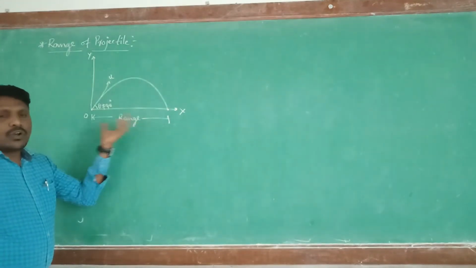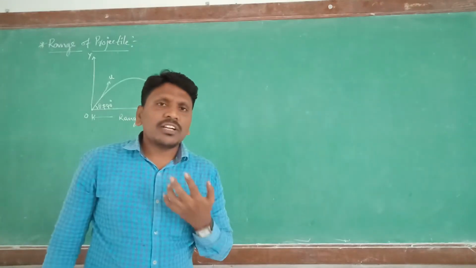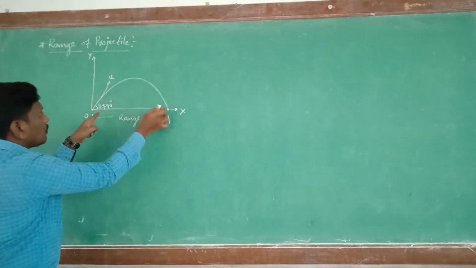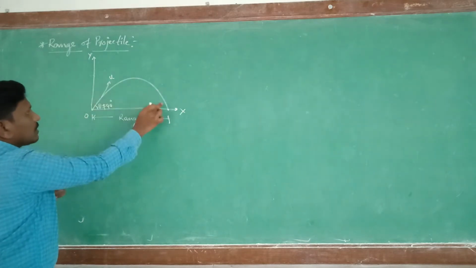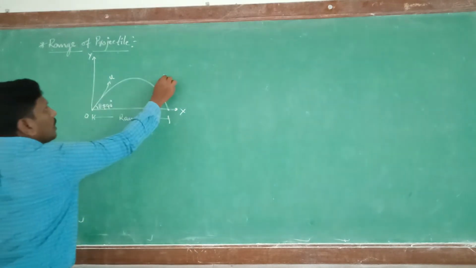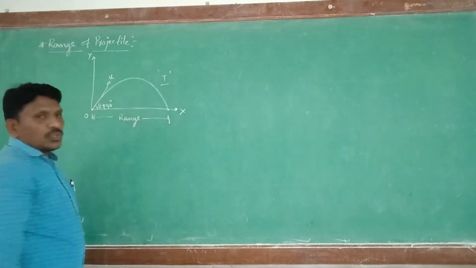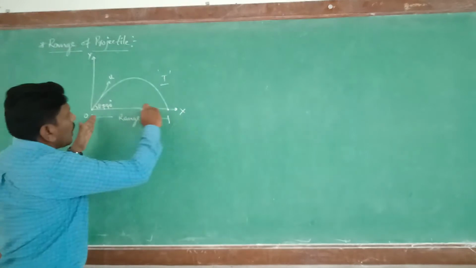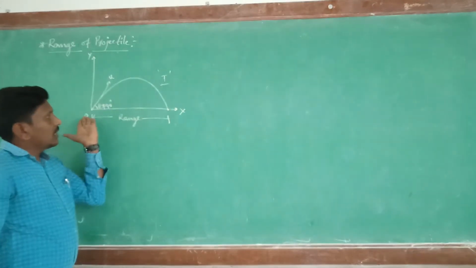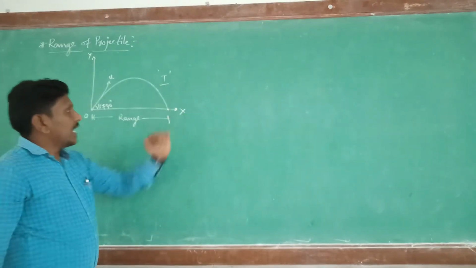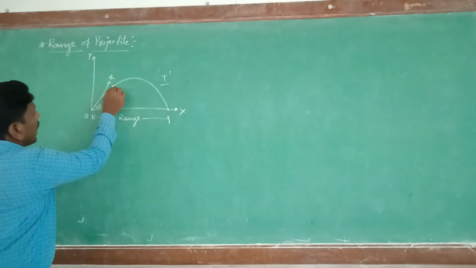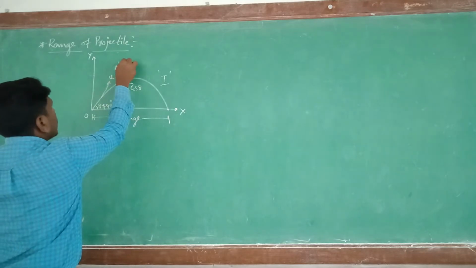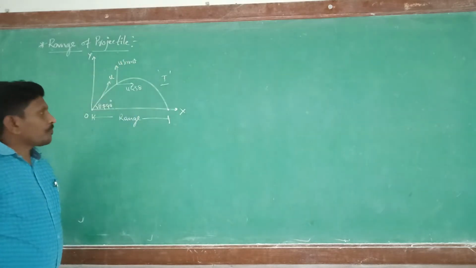This is the range. What is meant by range? What is the definition of the range? As the body is moving in a parabolic path, the time taken by this object in the parabolic path is the time of flight, that is the total time of flight. And it is moving in a horizontal direction. So in the horizontal direction we know that there is u cos theta, and in the vertical direction there is u sin theta.